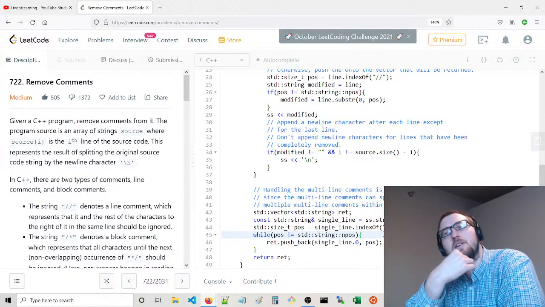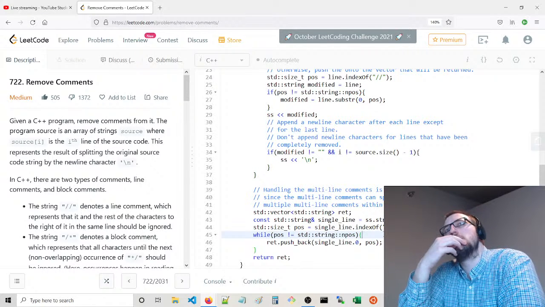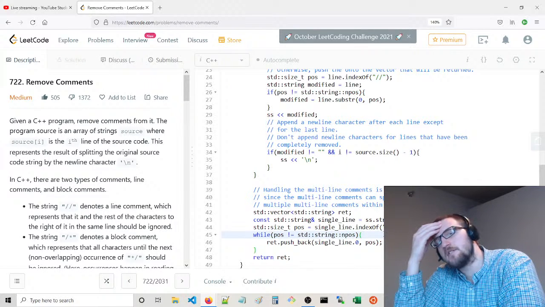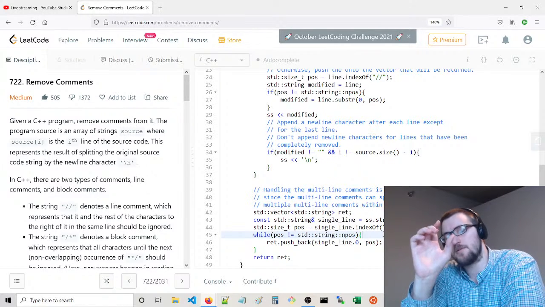But the problem is that technically each of those substring and find routines can be linear with respect to the whole string. I think they're not, though, in this instance. The way we're using it, it will scroll forward until we find an opening block.